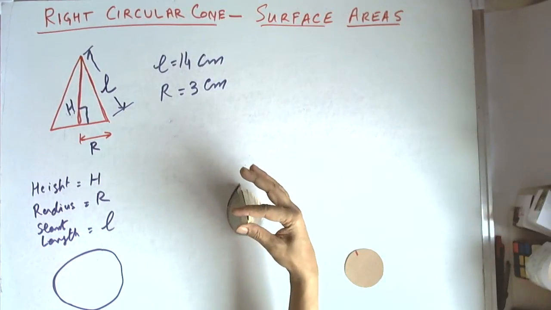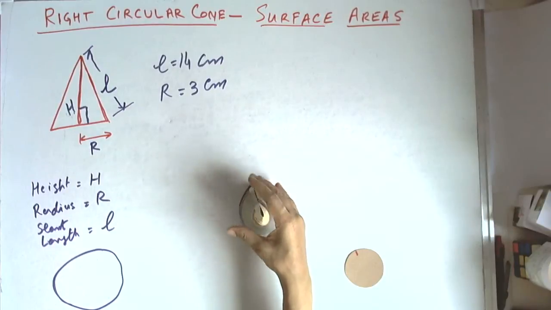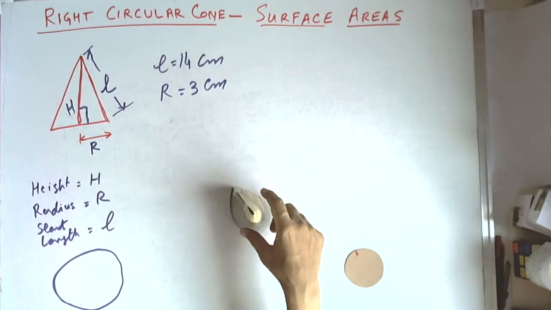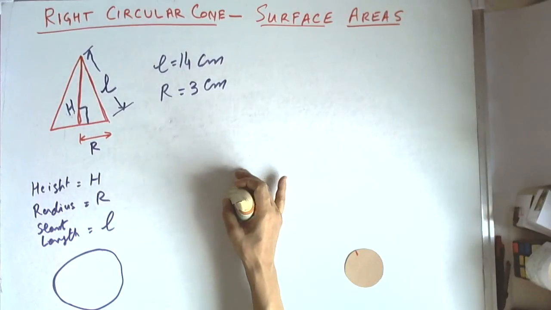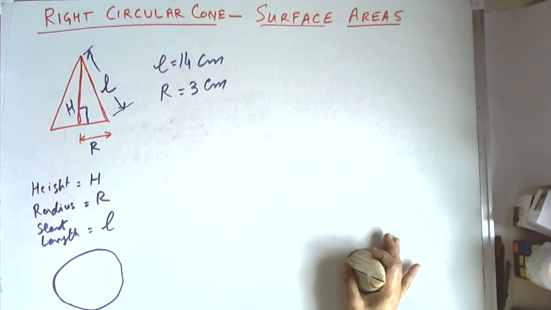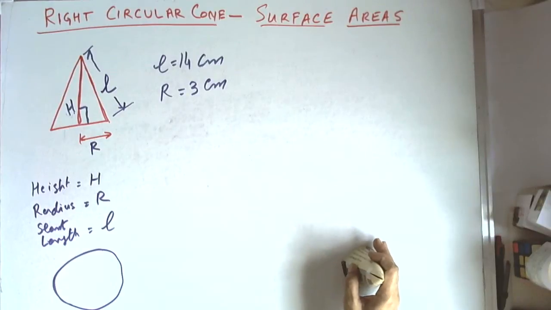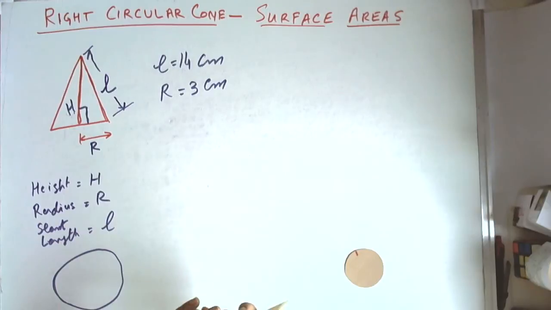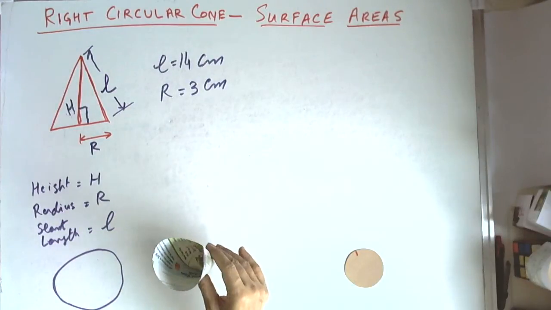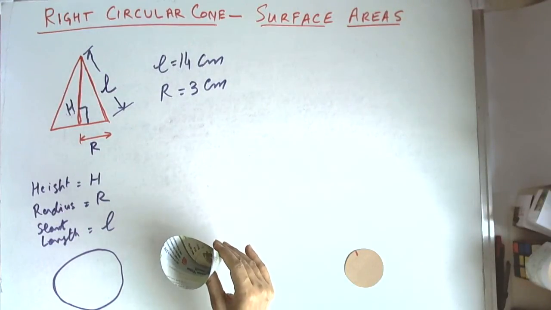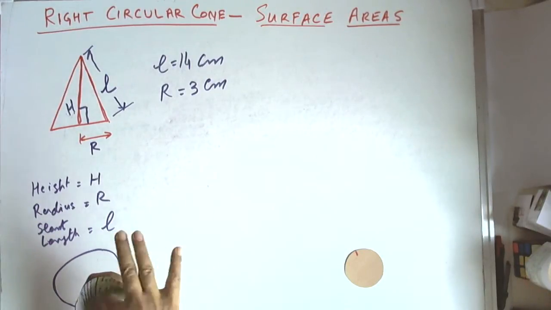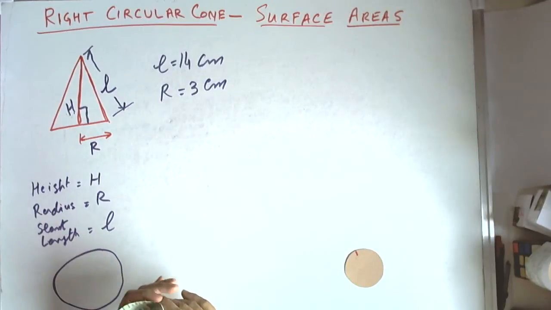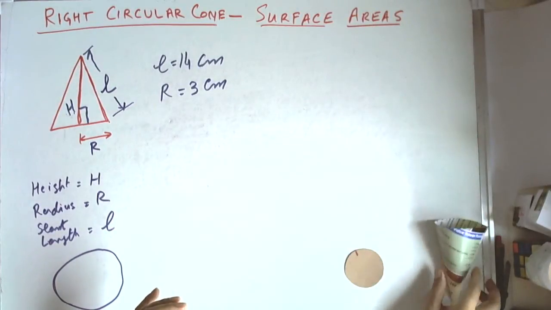Now, how many surfaces does the cone have? This is one surface, which is the curved surface, and after that there is the base. If we have a closed cone, then the base will be closed like this. If it is an open cone, then it is a hollow cone. For getting roasted gram or softy, it is an open cone, so the material is poured here. All of us have seen the cone.